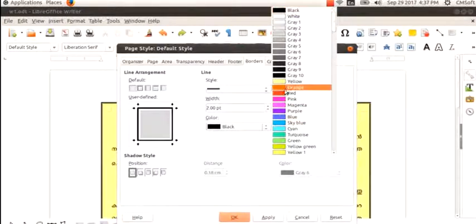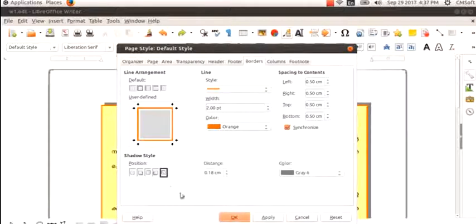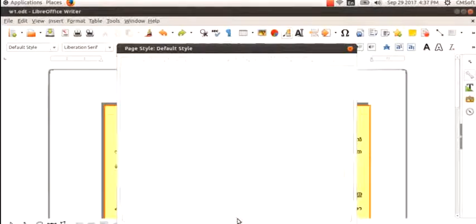You can change the border color. Then select the shadow style. Then click apply. Then OK.